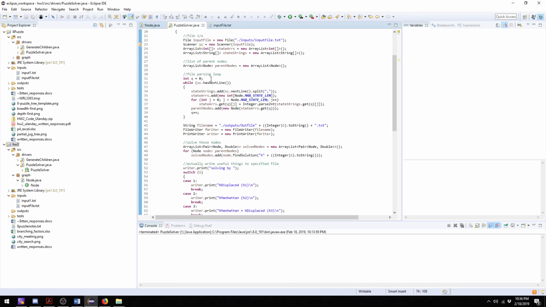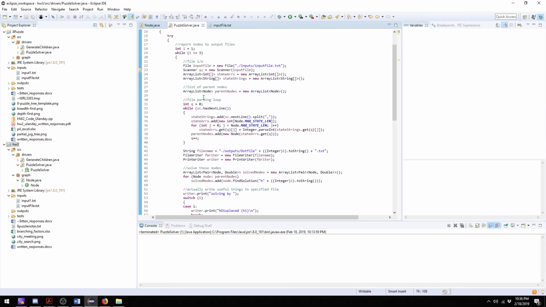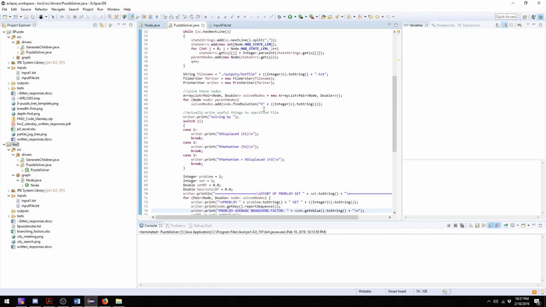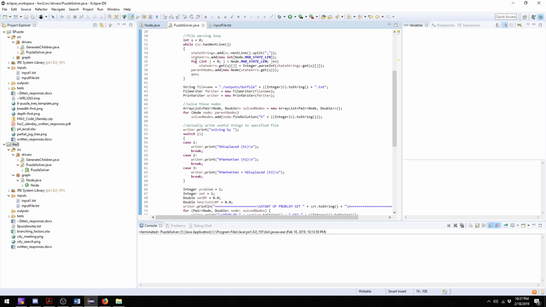and the Manhattan number. And so this loops 3 times, and it makes this array list of parent nodes 3 times, just so that references don't get mixed up. And finally, once it's done reading the file, we start to write to our out file. So we make an array list of a pair of node double, which I will get to in a little